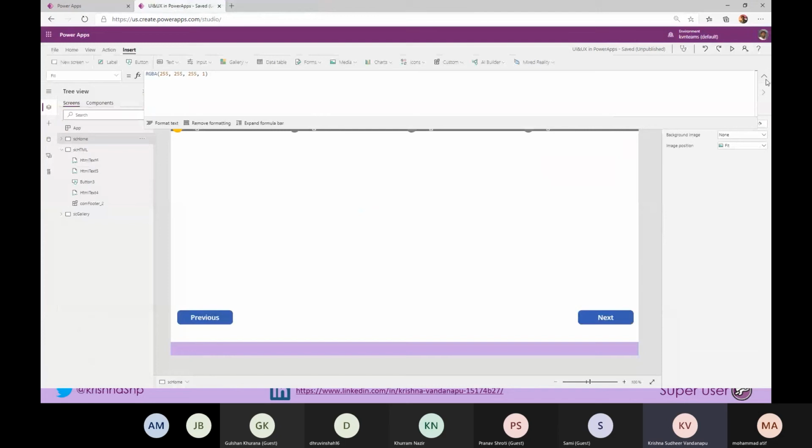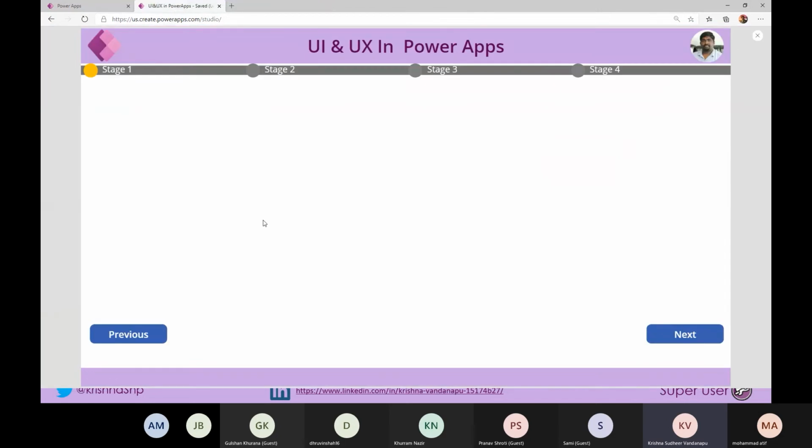So how does that look exactly? Assume that I have so many controls on the screen to submit back to the data source. Sorry about that. If I click on next, I am moving the stage control from one stage to another. It is as simple as that.